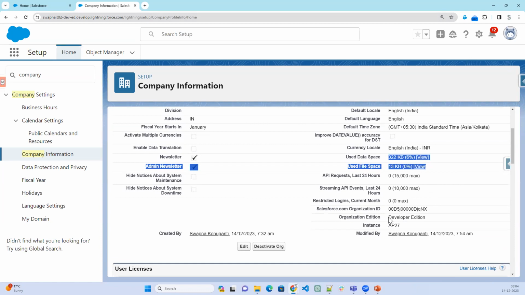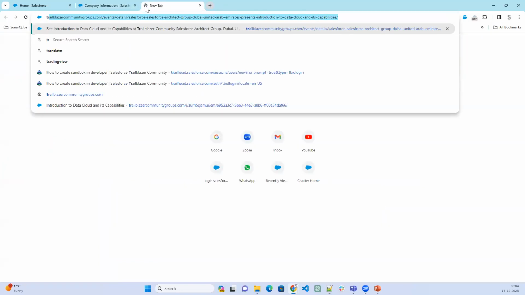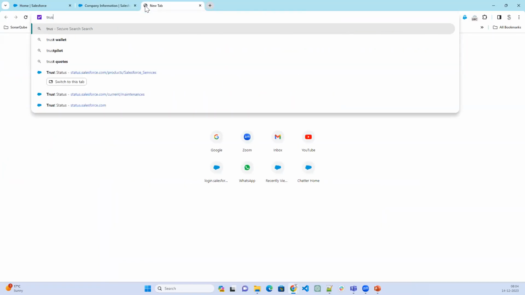Now, the next thing is which edition we are in. You can look at the organization edition, and here it says Developer Edition. And which instance am I in? AP27. That means if you go to trust.salesforce.com,